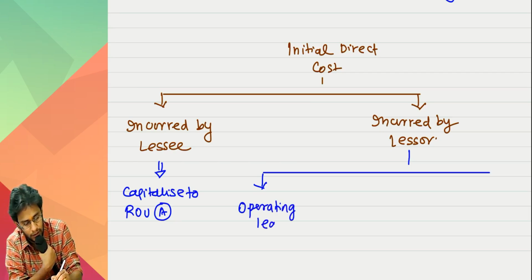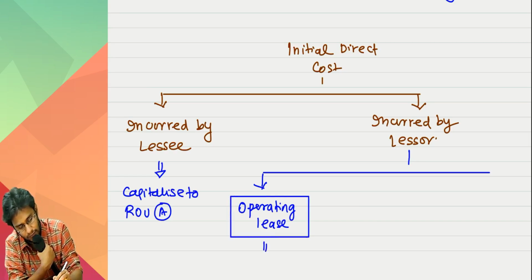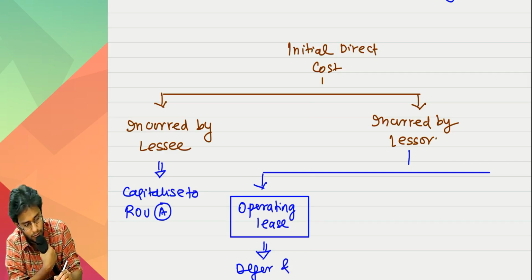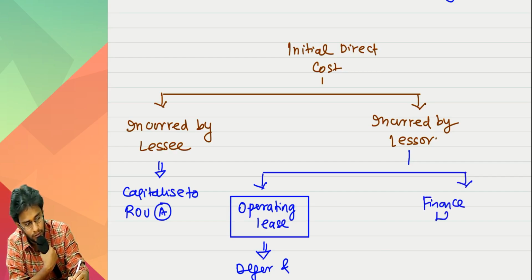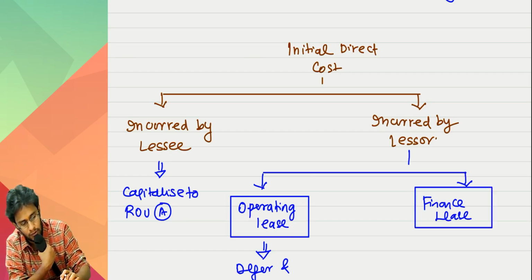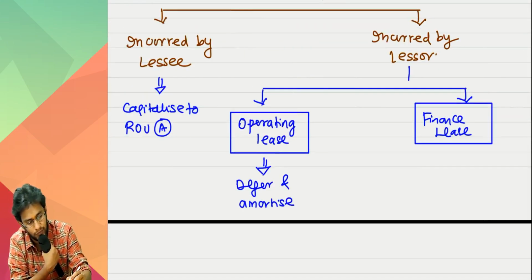If it is operating lease, the answer is what, sir? Defer and amortize. If it is a finance lease, then the next question we'll have to ask is,